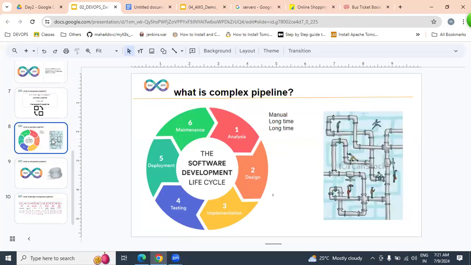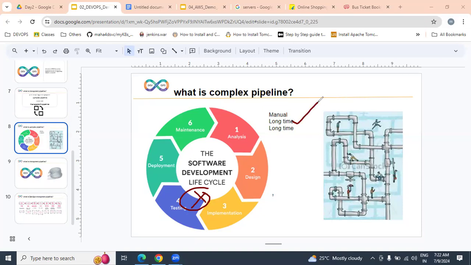So why are we calling SDLC complex? Because it is a manual process: from analysis to design, design to implementation, implementation to testing, testing to deploy, deploy to maintenance. Due to this manual process, if you get an issue, any problem, identifying this problem will take a long time.